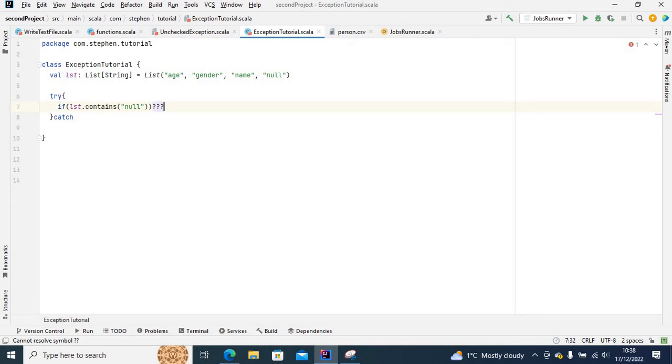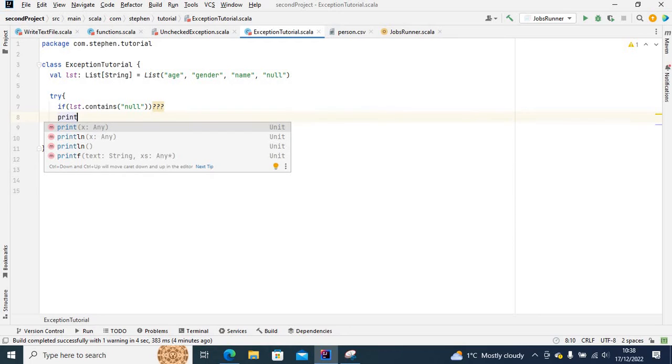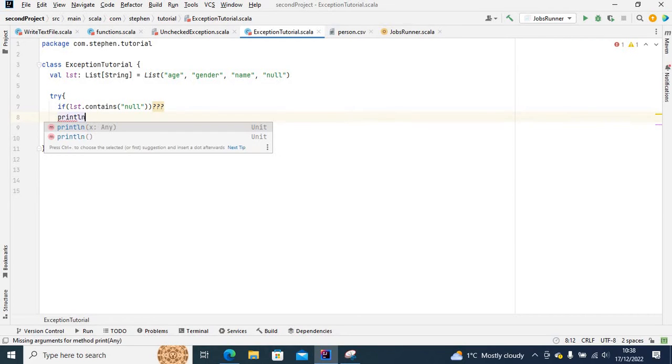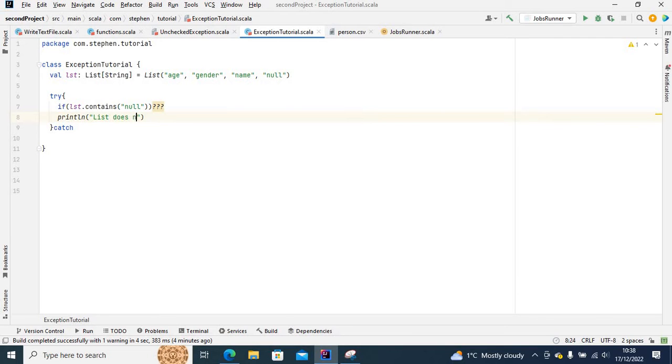For now the exception is not created yet. And if it doesn't contain it, it's going to print out this statement. So it's going to say print list does not contain null. So in my catch statement, I'm basically going to catch that exception if there is one. So before I do that,